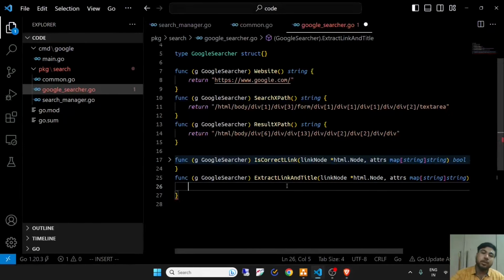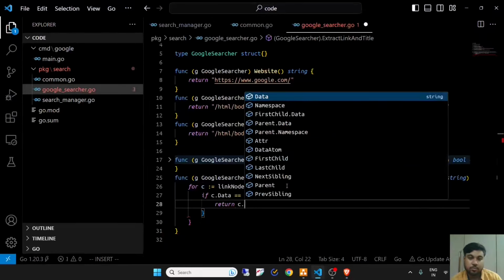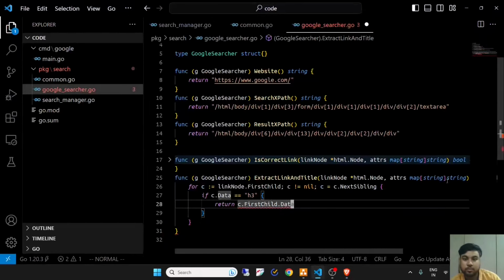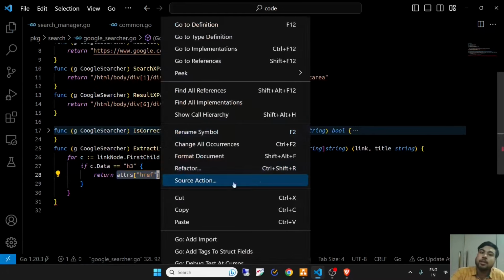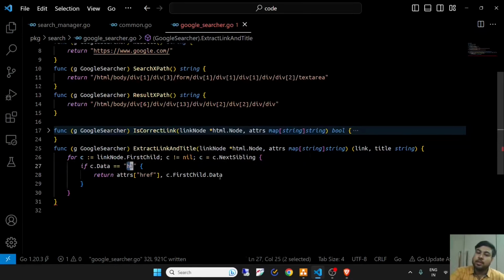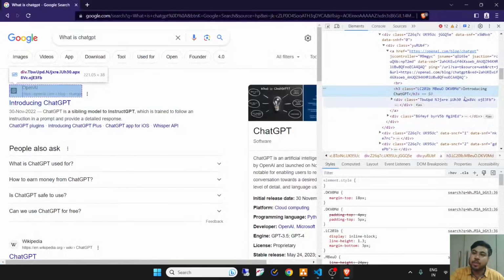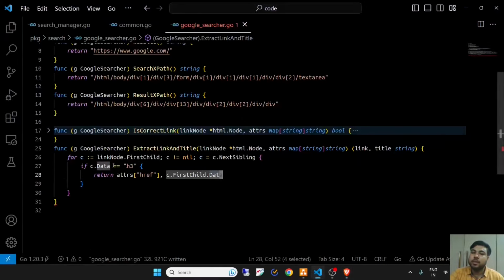So we can use this technique. The attribute href has the link, and the child with the h3 tag has a child which would be a text node, and that text node has the data that we need.